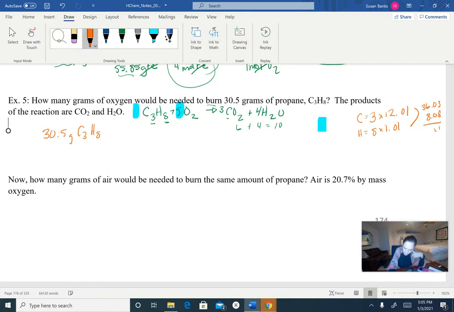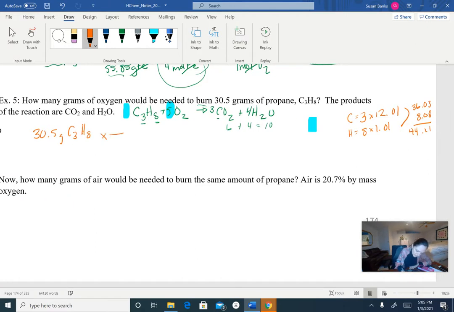So let's see, 0.11, and then 44.11. Okay, so we've got 44.11 grams of propane